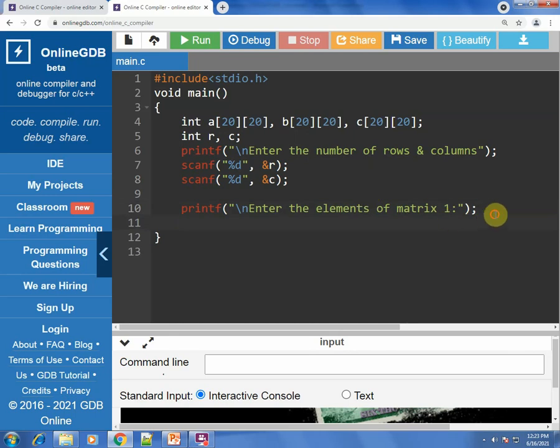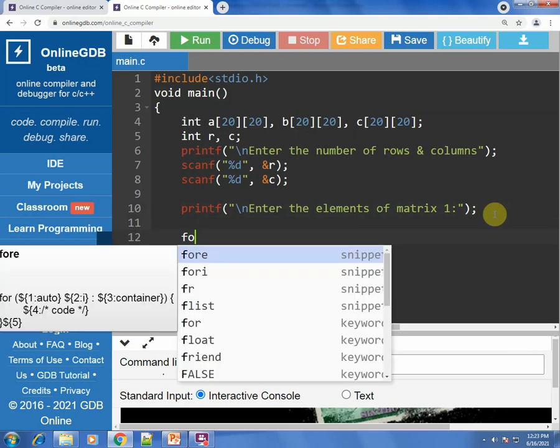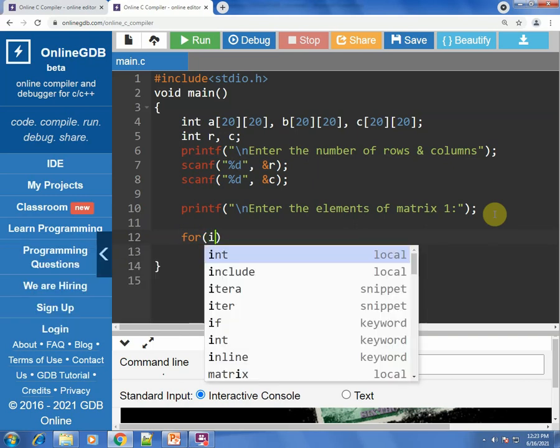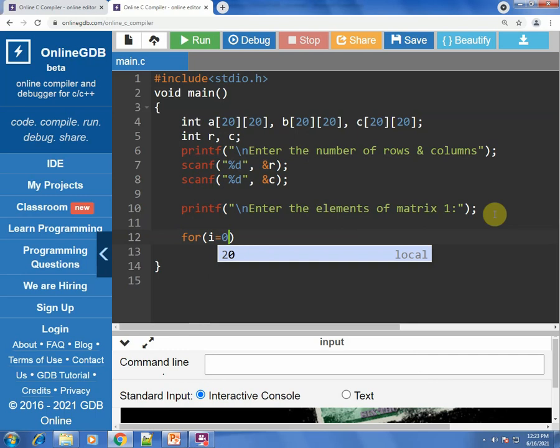Now, as we know, to take input in a matrix, which is actually a two-dimensional array in a C program, we need to write for loops. There are two for loops which we have to write. One is the outer for loop. So let's use a variable I for the outer for loop, and let's use a variable j for the inner for loop.